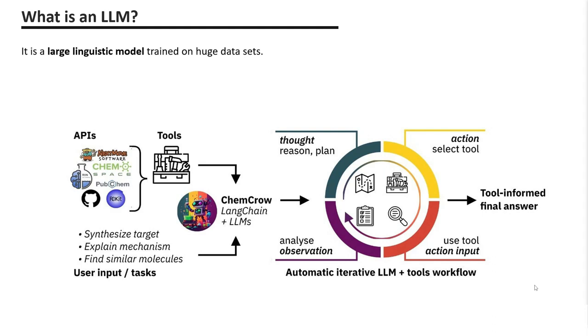If a user asks how to synthesize a particular molecule, explain a specific chemical mechanism, or identify similar molecules, this model can access the knowledge base it has already learned from and utilize LangChain not only to directly respond to the user but also to reason or generate an action plan. Based on this action plan, it has access to a range of tools that allow it, for example, to search for additional information on the internet, access complex mathematical tools, use them to obtain a result, analyze that result, and generate a final response for the user.